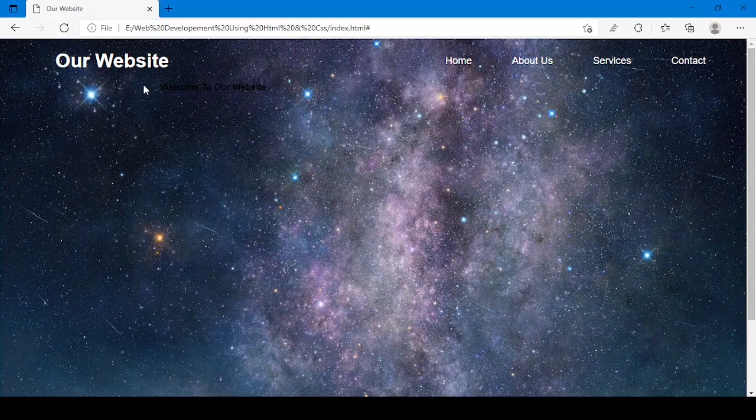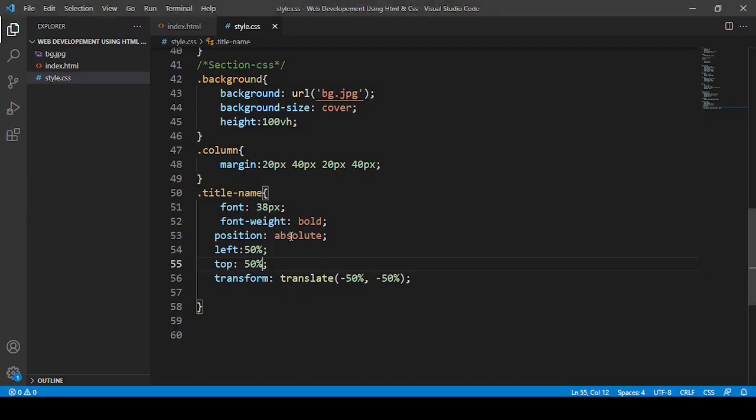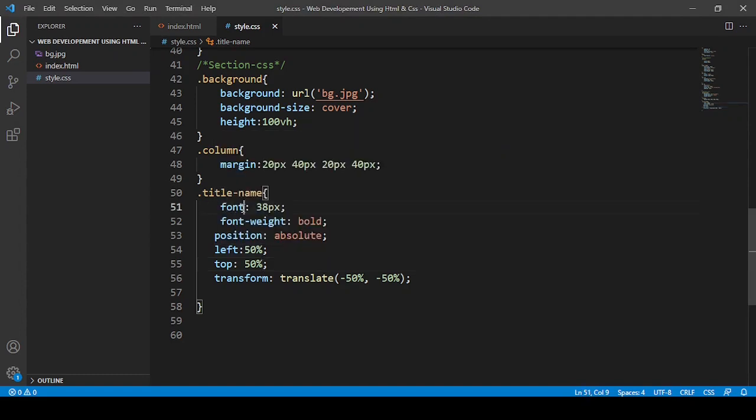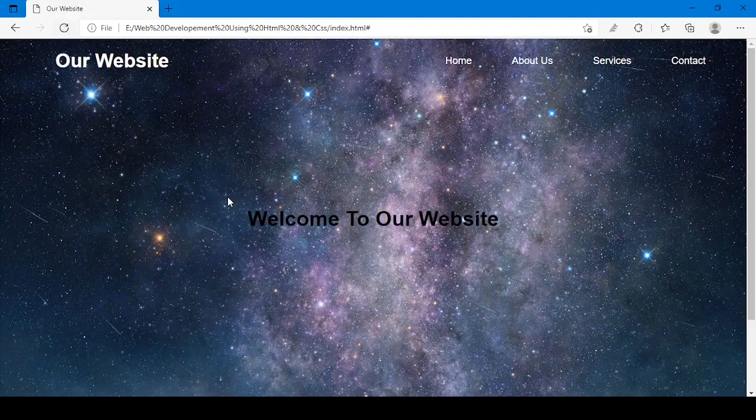Let me save it, and now let me show you. See, now it is automatically in the center. So its font, oh, there should be font size, yeah, see now.